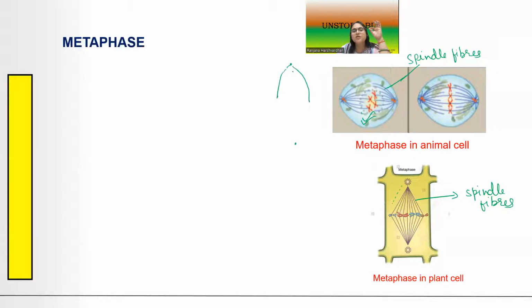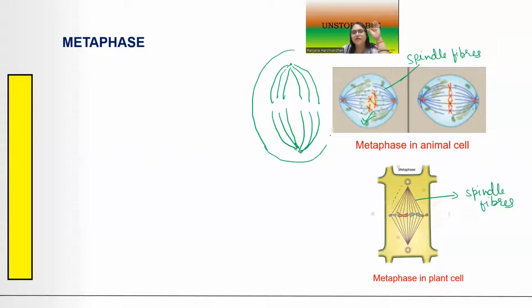तो अगर मैं ये दो पॉइंट ले लूं, ये है तुम्हारा स्पिंडल फाइबर चाइल्ड, if this is the spindle fiber that I am drawing, yes, and if suppose this is my cell, yes, तो ये क्रोमोसोम्स की तरफ आ रहे हैं। क्रोमोसोम्स के किस हिस्से की तरफ आ रहे हैं बच्चों? क्रोमोसोम के सेंट्रोमियर की तरफ,